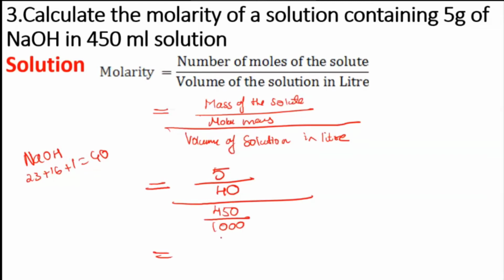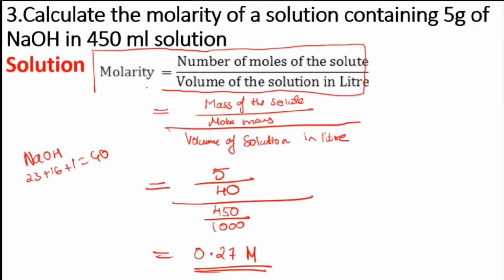See here, the number of steps gets reduced. In the other method you will get more steps. You can do it in a short way. The final answer has to be the same thing. Whatever you wrote that time, the same answer you can write, 0.27 molar. You can directly substitute. If you write the molarity formula correctly, then that is enough.